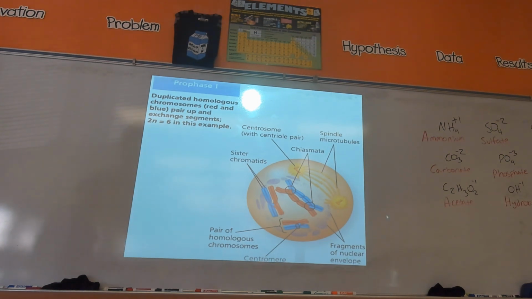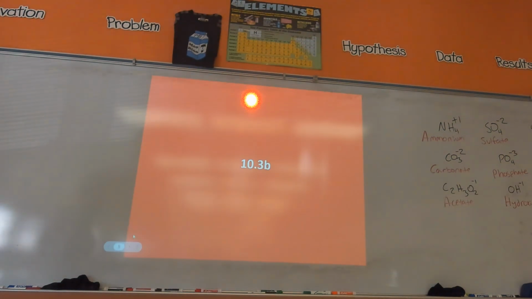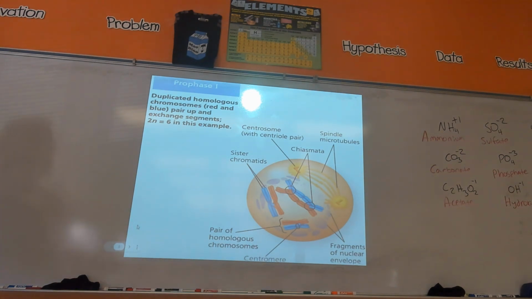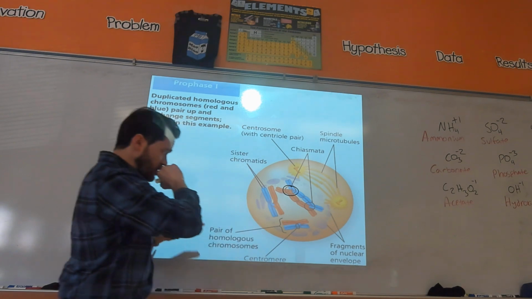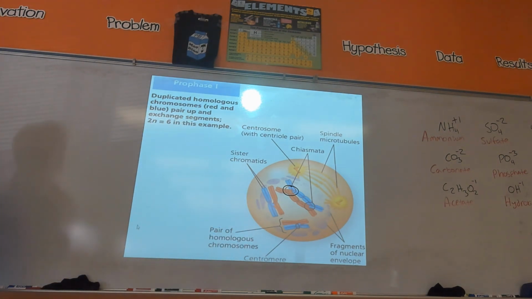All right. So I showed you this slide last class. This is prophase 1 of meiosis, and the reason why I wanted to go over the slide again was one of the main things that is different about meiosis than mitosis is this thing called crossing over. So this is crossing over right here, where one of the main ways you create genetic variation in meiosis is